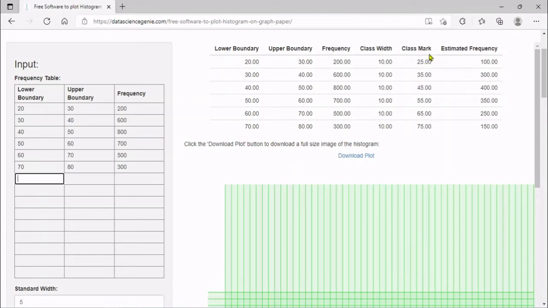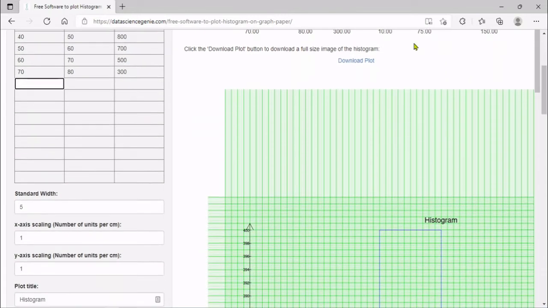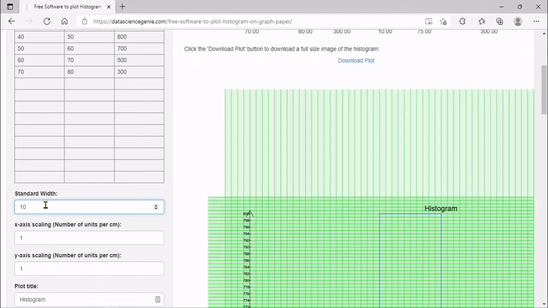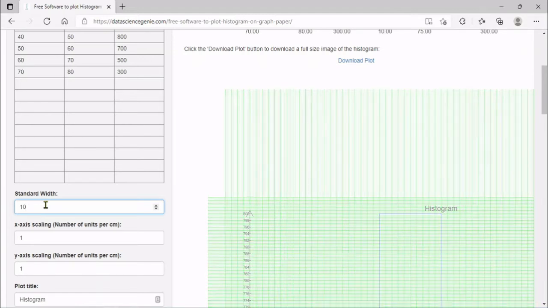The application makes also an adjustment to the frequencies and it obtains the estimated frequencies. However, in this example, since the class widths are all equal, the estimated frequencies are the same as the frequencies. And the histogram would then plot the estimated frequencies. Next, the next input is the standard width. In this example, since all the widths are equal, we set it to be equal to the width of the